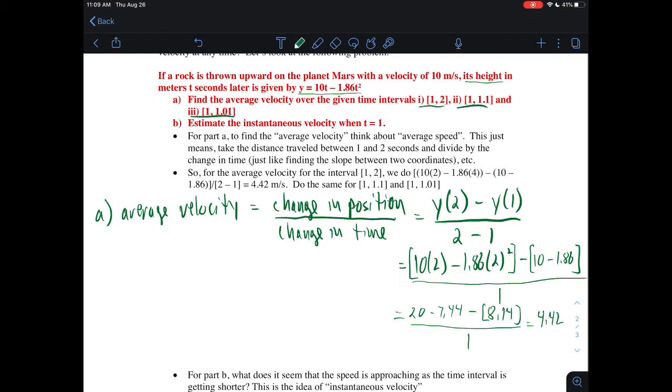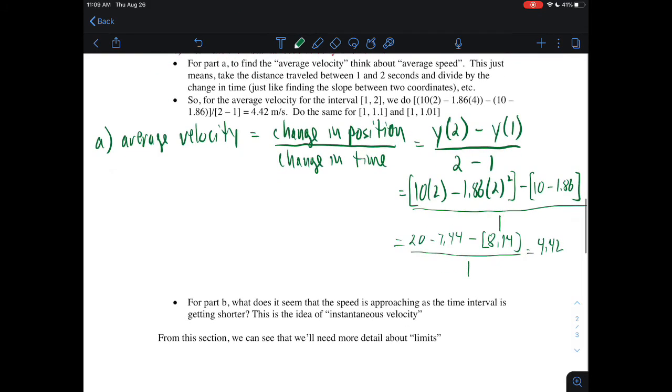And then we want to think this is talking about velocity, which they gave us an idea of the units for before, meters per second. So it's the same thing for us, 4.42 meters per second. So this would just be for part I. So for the other two,